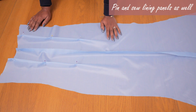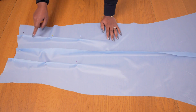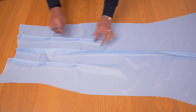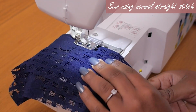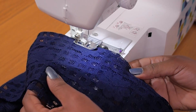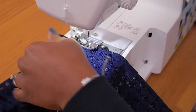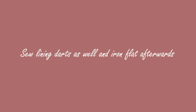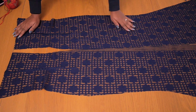I've gone ahead to pin my lining piece as well. This is a longer lining that we're going to be using directly underneath the lace. The thing I've learned from sewing fine fabrics like this and the mesh is that working with a lower tension prevents the stitch from gathering up your fabric. So tensions of like 4 or 3 always worked. So I went ahead to sew the lining darts and I ironed everything nice and flat